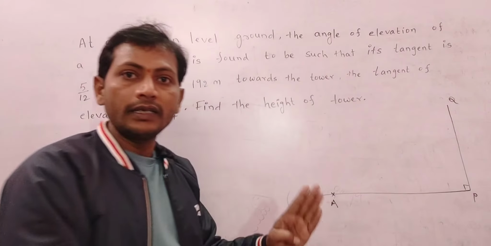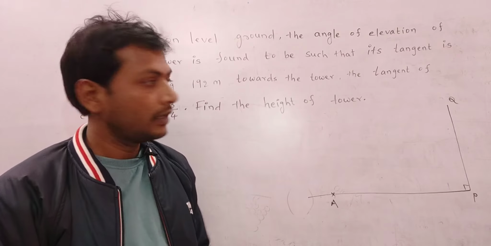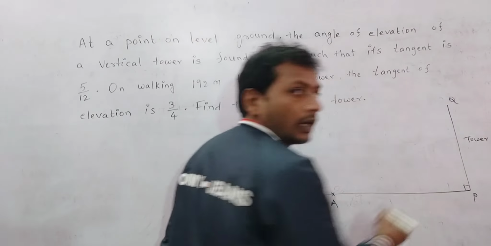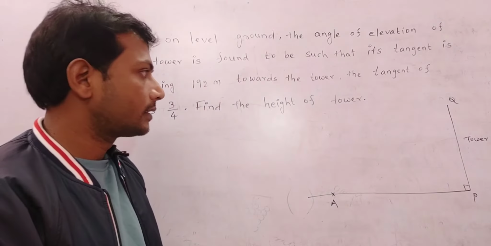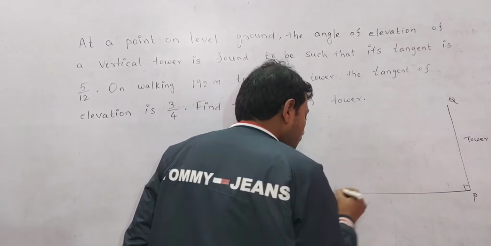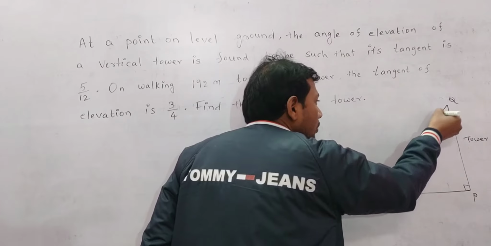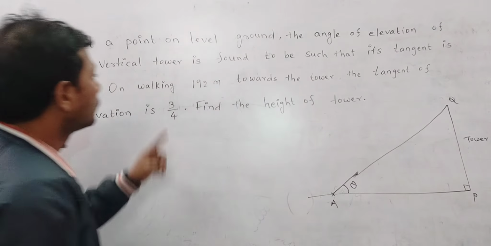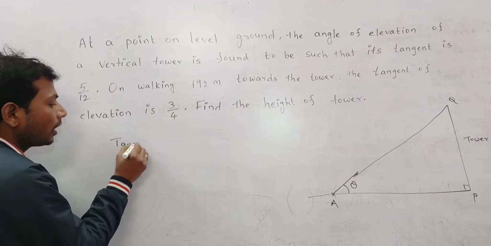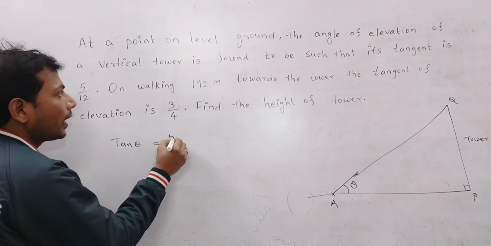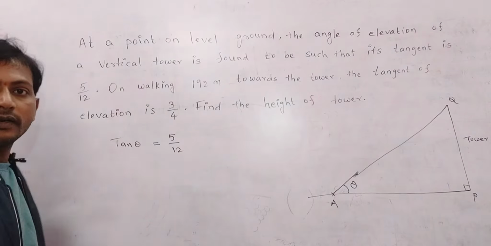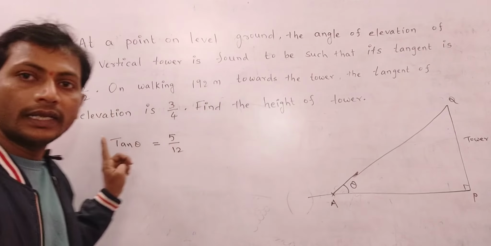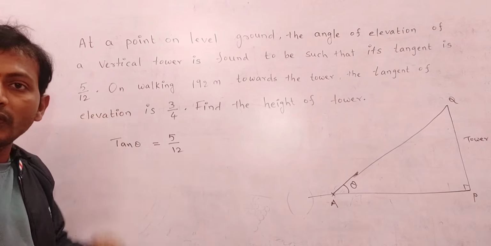Always a tower stands on the earth, it makes 90 degrees, it is confirmed. Then PQ is the tower. I hope you are getting what I am writing. And next, from here, this angle's tangent, how much did you get? This tangent, I got tan theta equals 5 by 12, as given here. Tangent from the point A is 5 by 12. Then I have written here tan theta equal to 5 by 12.